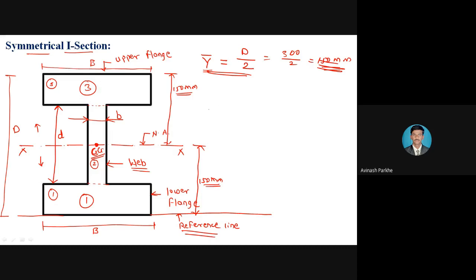Now, if I have to calculate the I, which is called the moment of inertia, how is that I to be calculated for the symmetrical I section? Let us see. I is equal to capital BD cube divided by 12 minus, let us see,